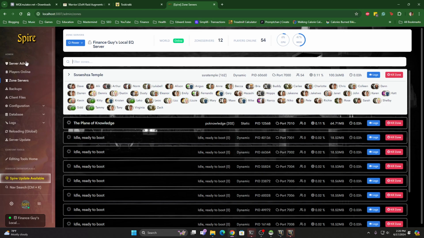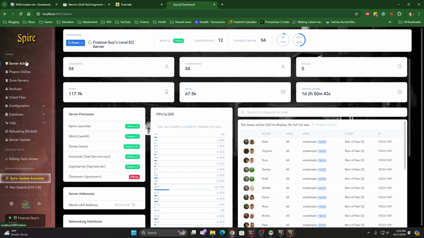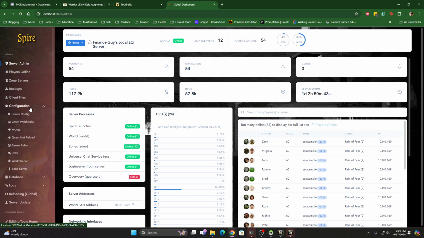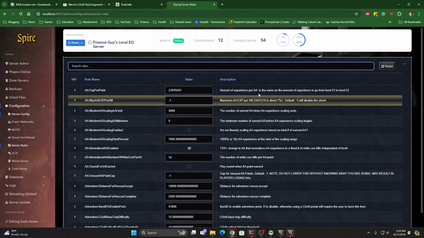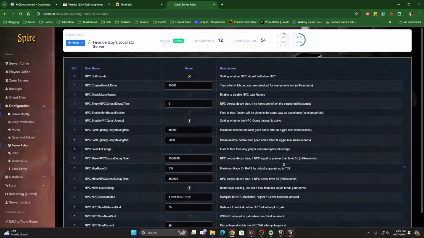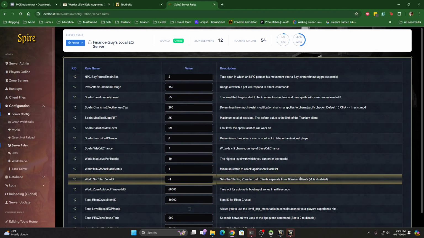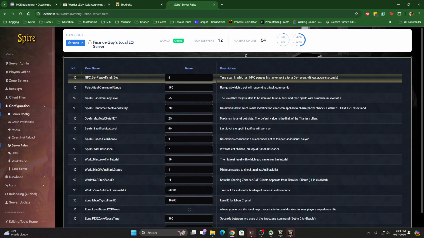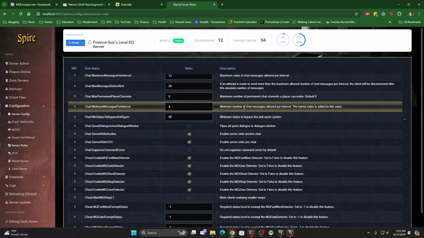You can kind of see my server admin page. This is Spire. You can look it up on Google. I had a previous video where I show you how to download this, but this is kind of the main page and where things are run. And I showed in a previous video all these server rules you can update to really customize your server any way you want. You can change things like wizard crit chance if you want to change the crit chance, or